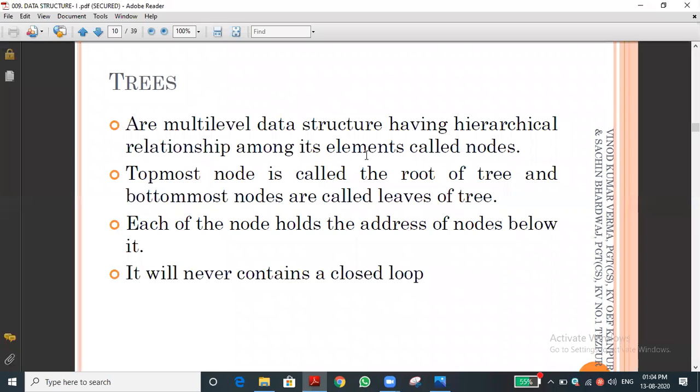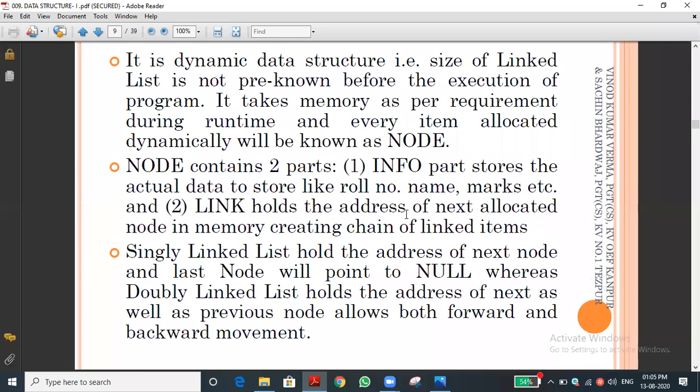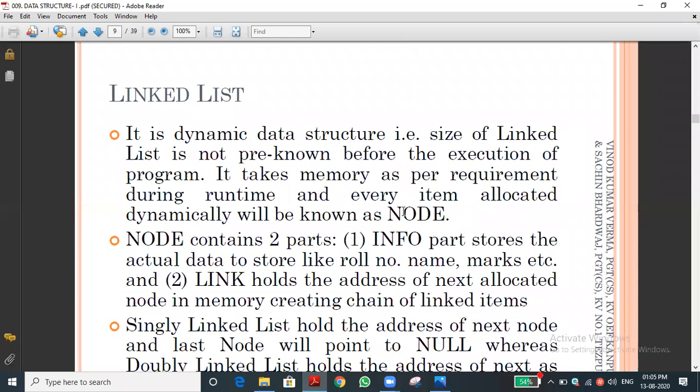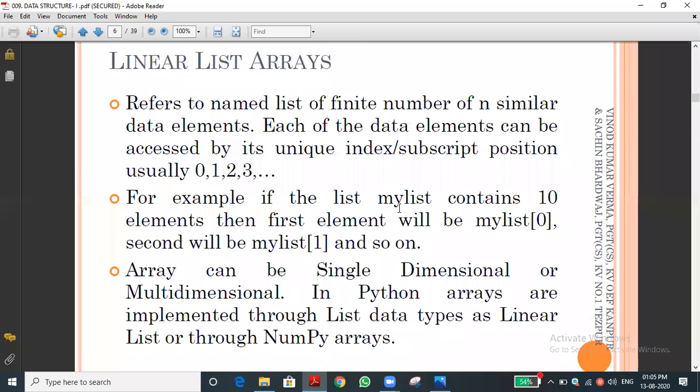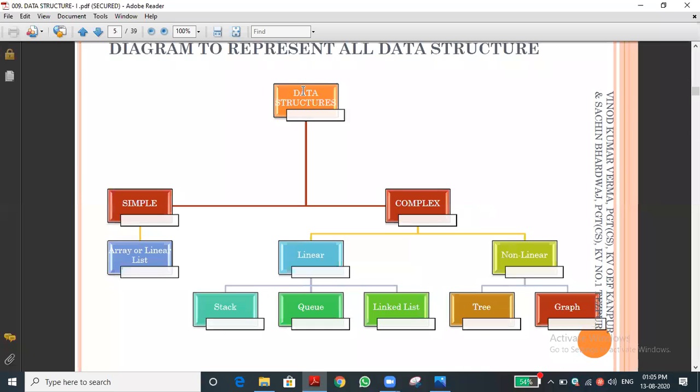Okay, so this is the concept of tree, and we have discussed the graph also with the diagram we have seen in the previous class. For our reference, you can see the classification diagram I am showing for theory purposes. We completed all these things: data structure, primitive, non-primitive. Array or linear list alone we are going to see now with the program.